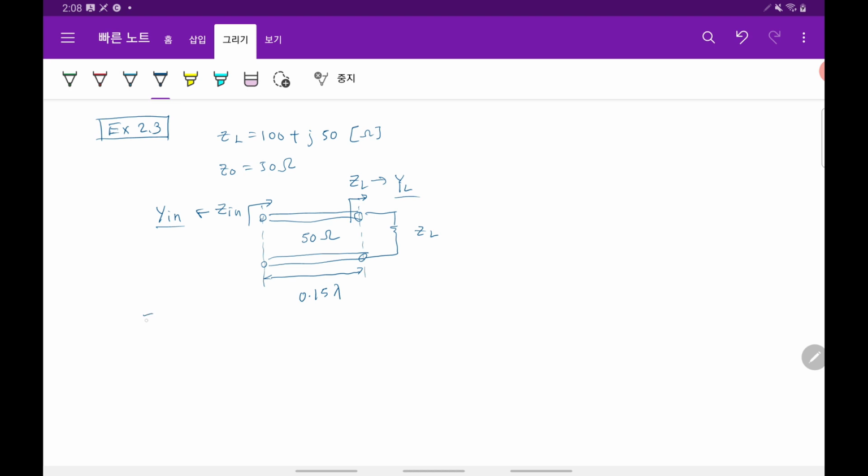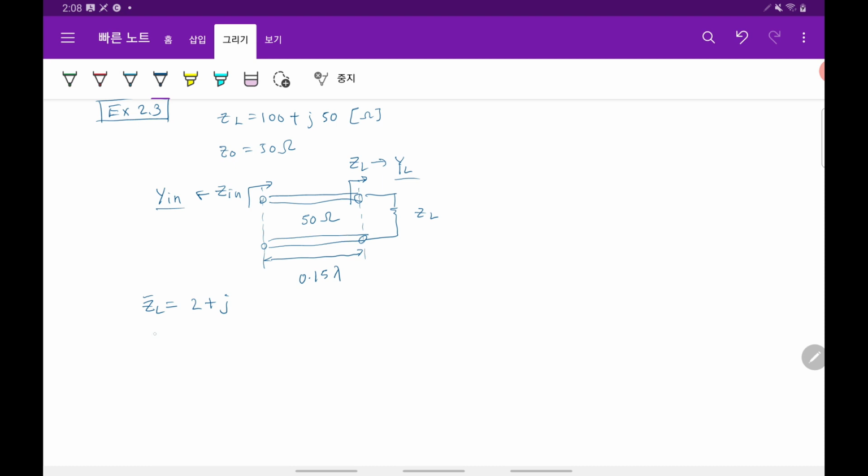So let's see. Normalized ZL is 2 plus j, right? So normalized YL is one over normalized ZL. If we put it in calculation, this simply is this, right? So we can use two ways. To get this YL, the first is to use a Smith chart